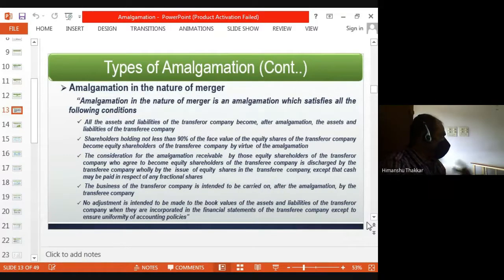I'm A Limited. I'm buying this B Limited. Now, B Limited has its own assets. Suppose these benches are your assets. You say in your books of accounts that these benches are of 2000 rupees each. I buy B Limited and prepare my new balance sheet. I come to know that same benches are available for 1800 rupees. But as per merger, I have to write the value of benches as 2000 only in the new balance sheet. I cannot write 1800. If I write 1800, then it's a purchase.